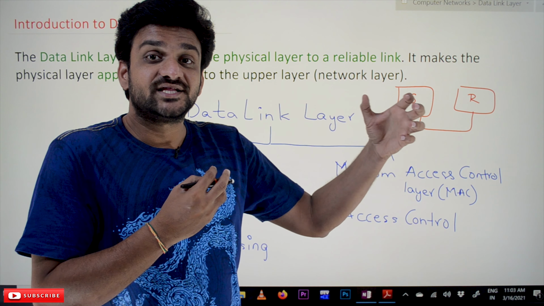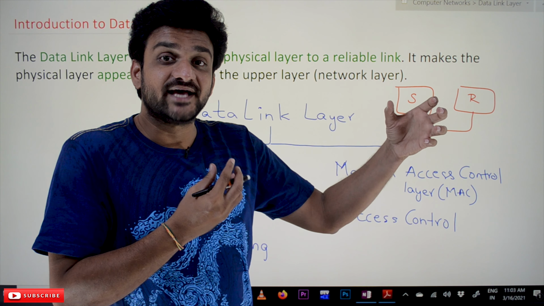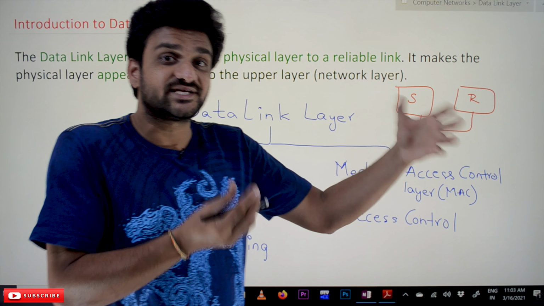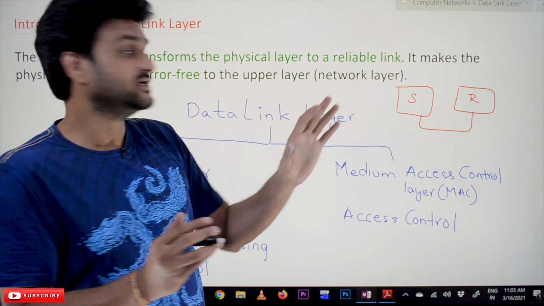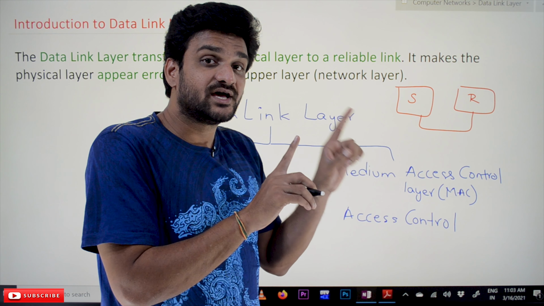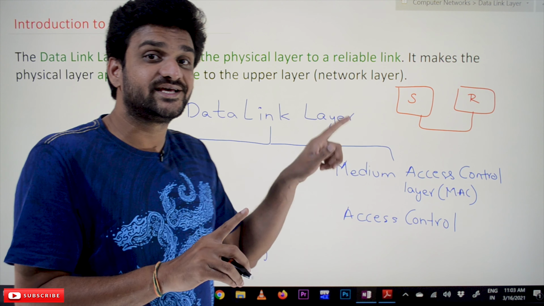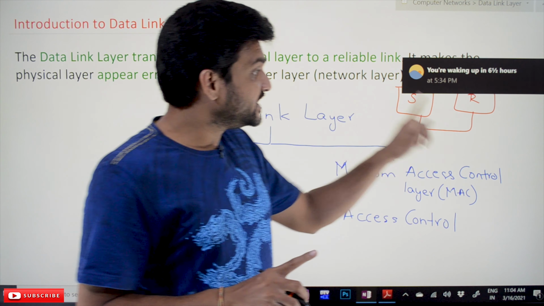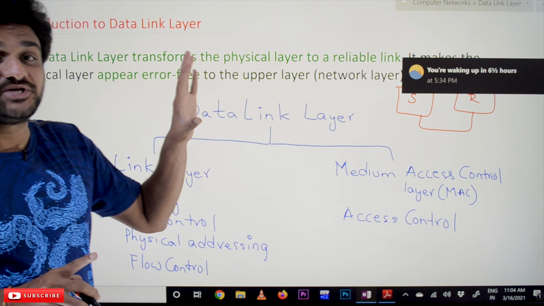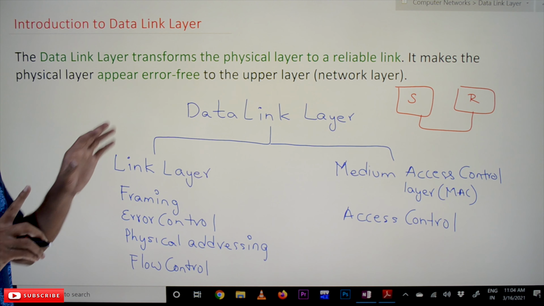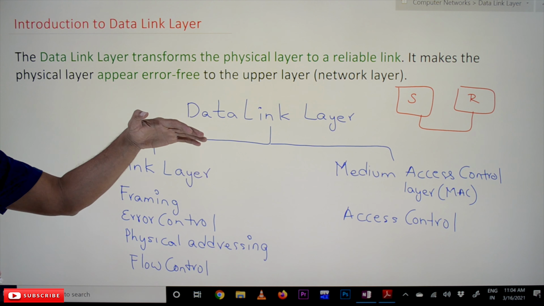Whether the data that has been received is the exact data that has been sent by the sender is decided by the data link layer. Which means that the data link layer is going to judge whether the link is a reliable link or not. That is the objective of the data link layer. The entire functionalities of the data link layer include the error correction and detection also.